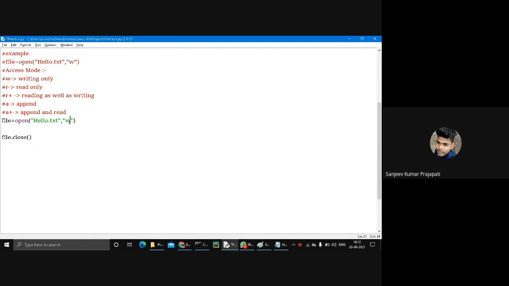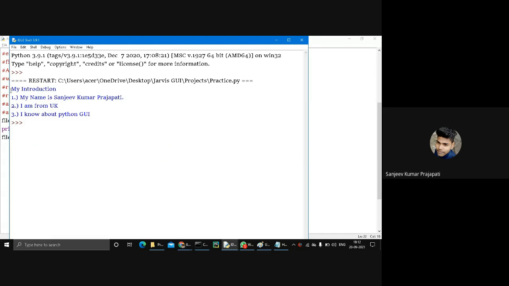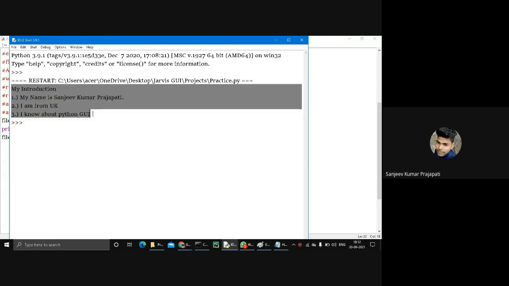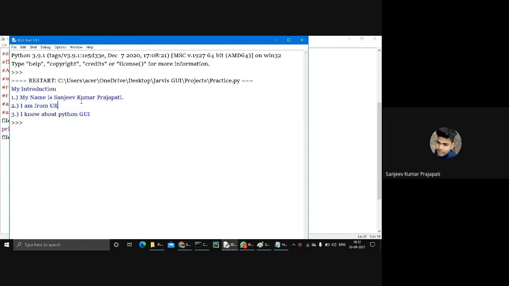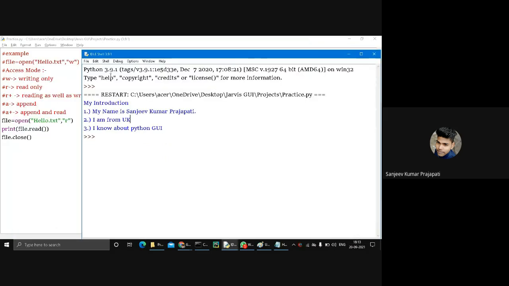The access mode is write, sorry, write, but change it to read. So I want to read my content available in this file. So print file.read. You see, we have successfully read the content available in the hello.txt file. So now it's clear how to read the data available in any file.